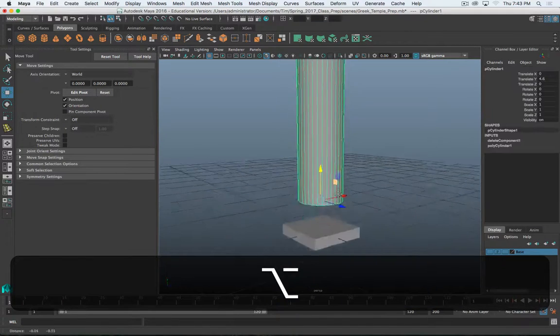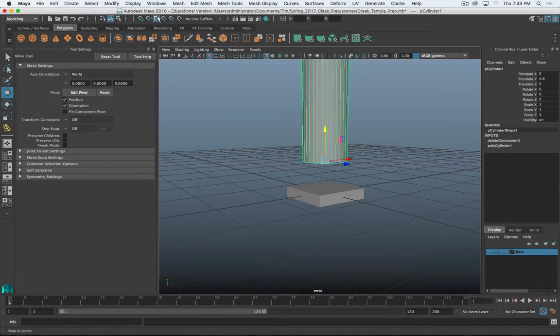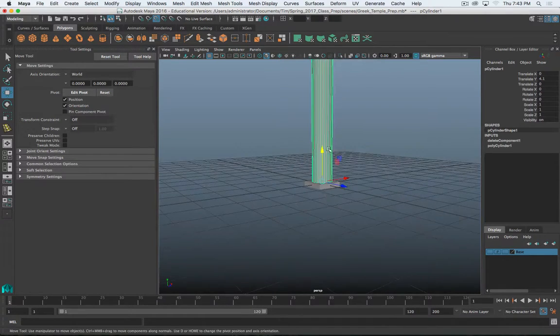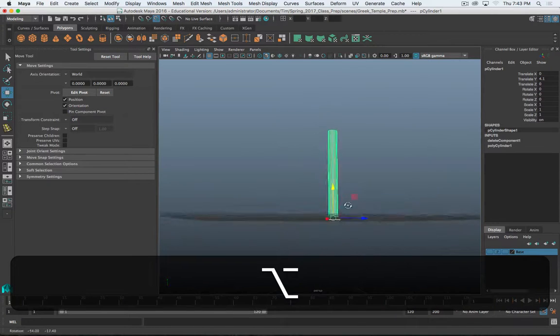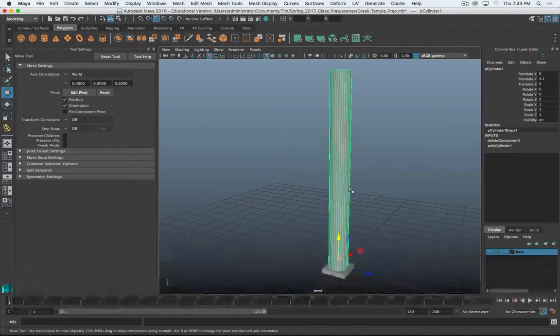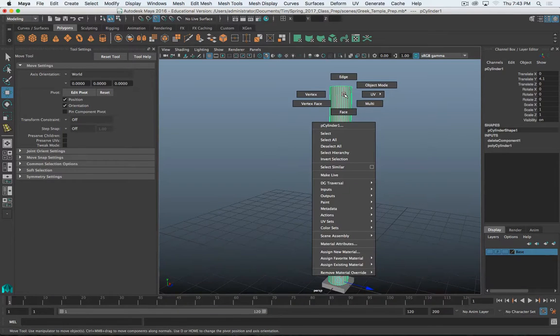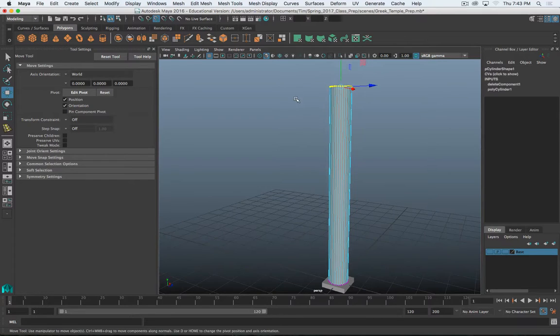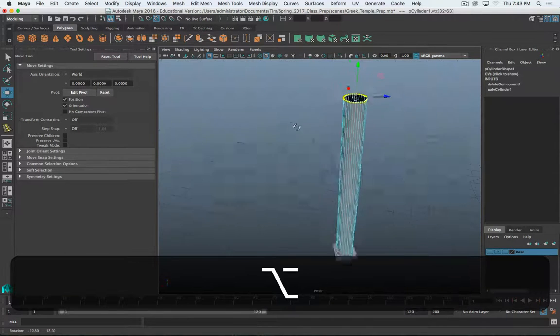All right. Now I can go back, turn on snapping, and snap the column to the base there. Okay, that is a tall column. That's probably taller than it really needs to be. So I can fix that real quick by going to vertex select mode, click and drag across the top, select all of those vertices,